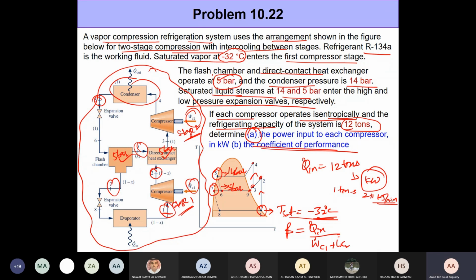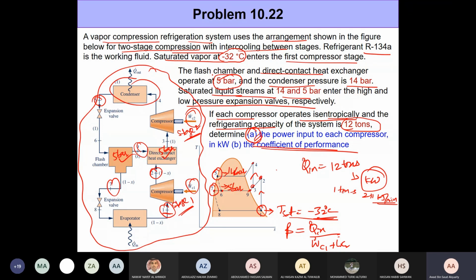All right, so this is what we have, and we need to first determine a couple of things before we can go ahead and calculate the work input to the compressor. So how do we start this problem? What do we determine first? How do we approach this problem here? What's the first thing that you will go and determine? H1. Exactly, enthalpies. The first thing that you would need is the enthalpies, right? Because we need enthalpies before we can calculate any work inputs.